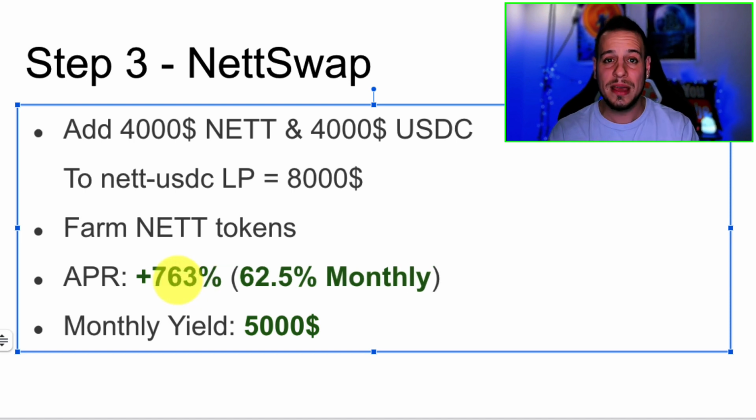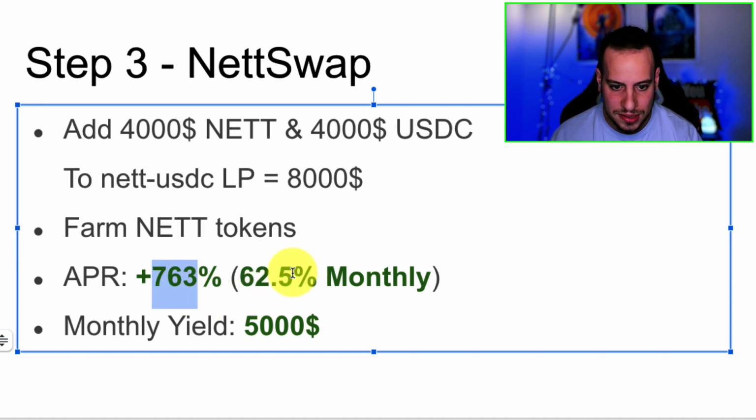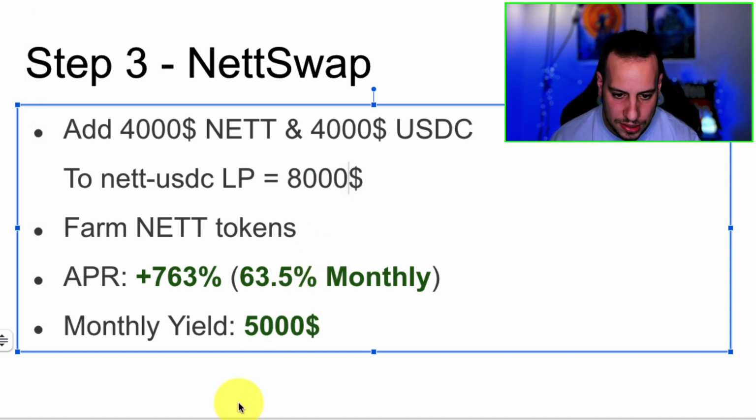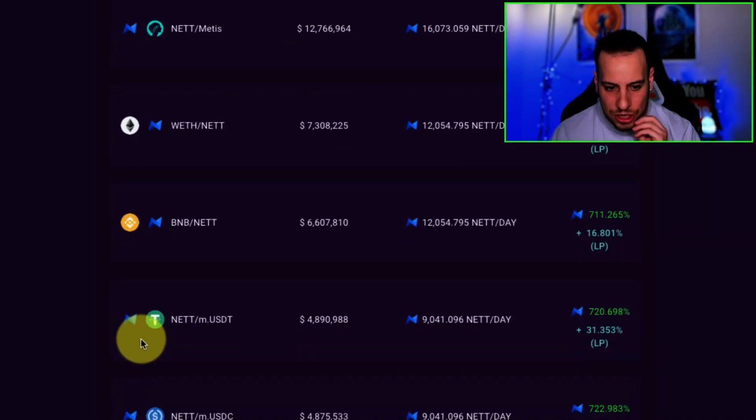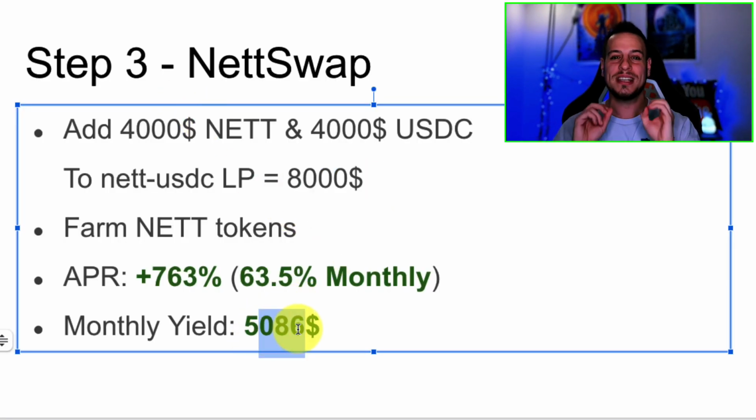Now, of course, this APR might go down, but you will see that the gap here, it's still huge. So it's around, if you want to divide it by months, we take it divided by 12, then it's like 63.5% a month. Okay, now we want to multiply it with $8,000, right? So if we take 63.5% multiplied by $8,000, it's actually $5,086 every month. So this liquidity pool over here is actually making for us on this $8,000 additional $5,086, but